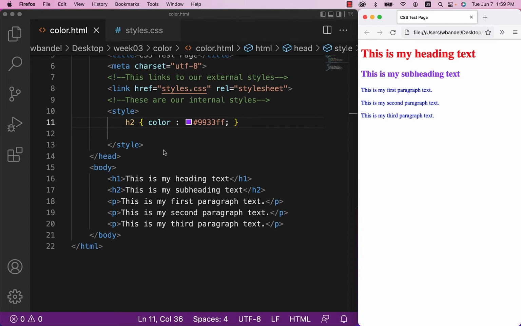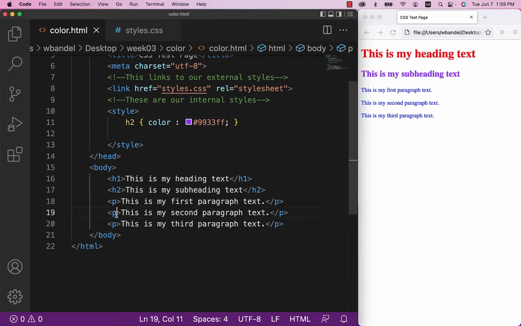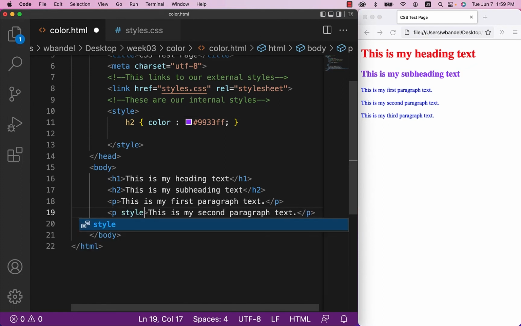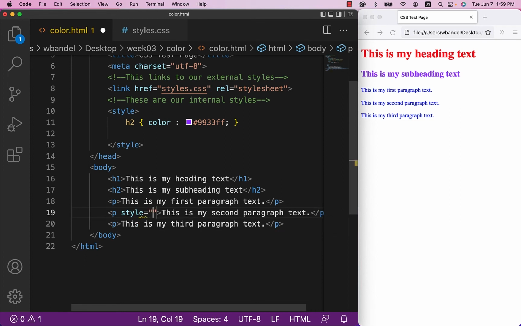An inline style is great if you want to customize a particular element on the page. You don't want all of the elements on the page to have that same style. So in the opening tag of one of these, you're going to do space and then type in style as an attribute. So style attribute. And then you'll type in your code. So I could say color. Whatever property is going to go in the quotes, and then colon, and then let's just say it's going